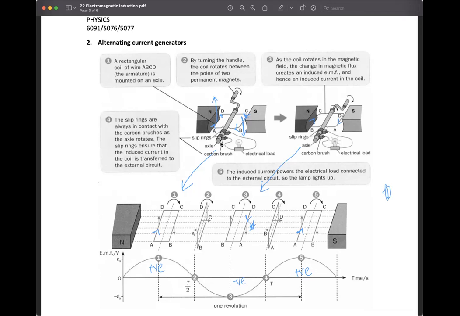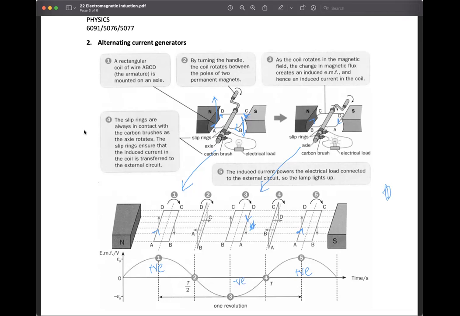There's nothing to split because you want the current to change every 180 degrees. This ensures that the induced current is always transferred to the external circuit. The induced current will power the electrical load connected to the external circuit, so the LED will light up. So for this whole idea, there are basically only three changes